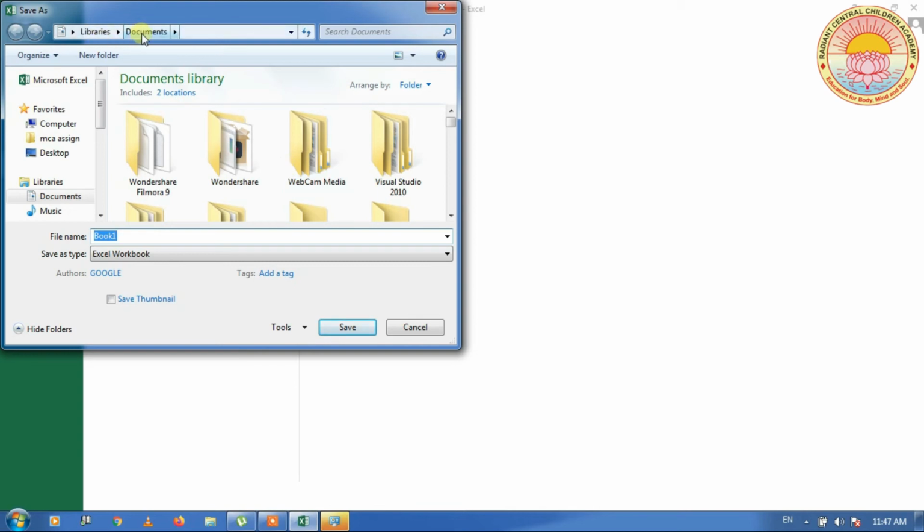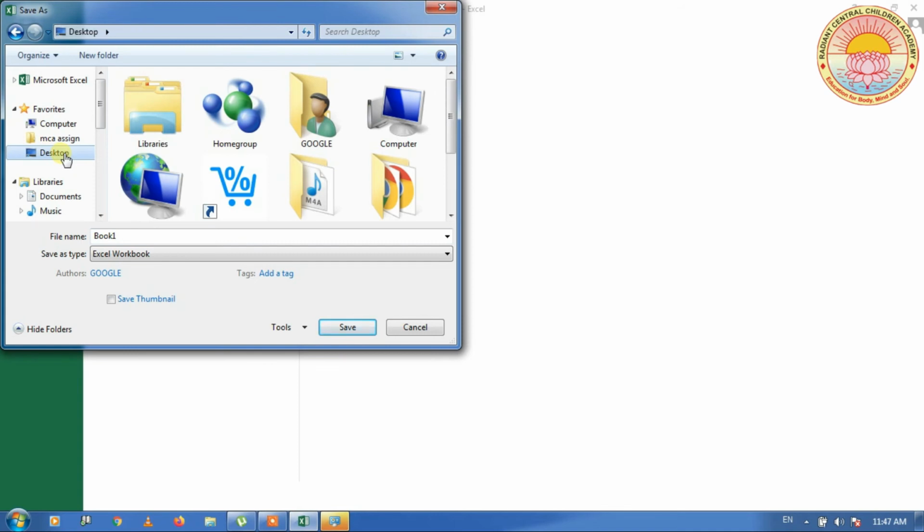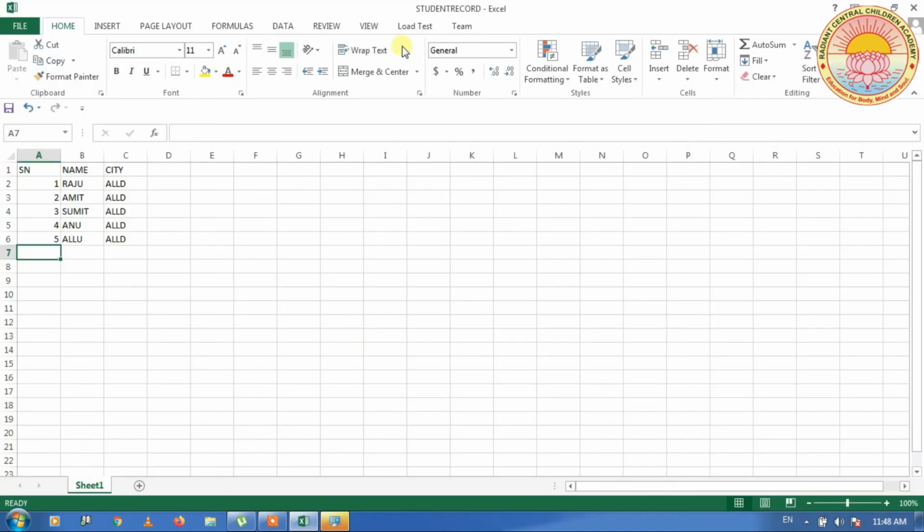This is the default location where your workbook is going to be stored, but I want to store this file on the desktop. So I am going to click on Desktop and write the name of the Excel file. I write here student record, and if I click the Save button the file destination is desktop. The file of student record will be stored on the desktop. So you can look here, the student record, the name of the Excel file, is stored on the desktop, and